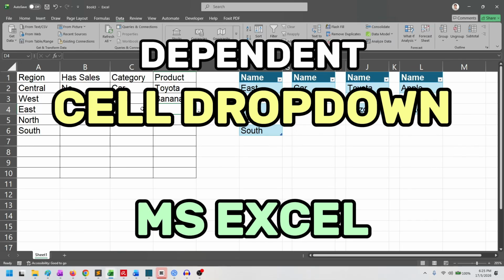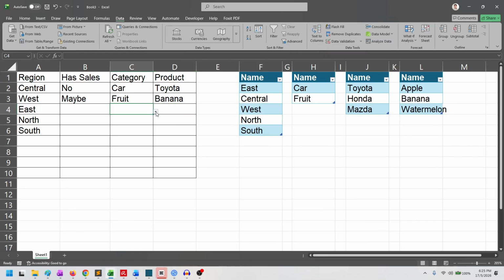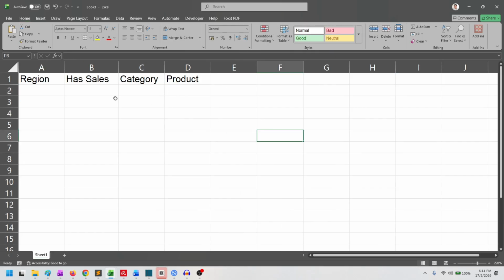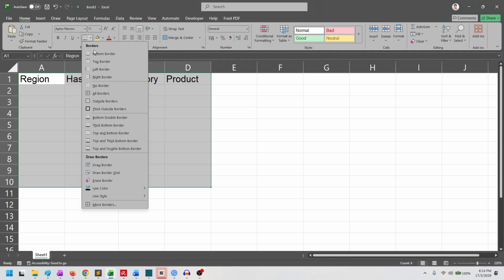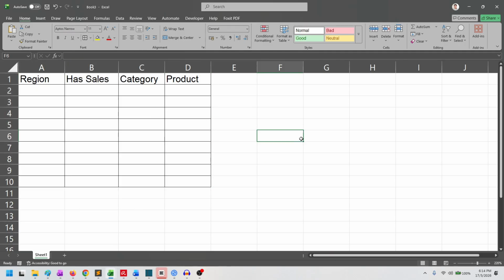Hi everyone, in this video, we'll learn how to make dropdowns in Excel cells, which include static dropdown, dropdown with dynamic values, and dependent dropdown. Let's say we have a sales table and it looks like this, and we want to fill in the data using dropdowns. So let's start with the easiest one first, which is has sales, which we want to fill in as